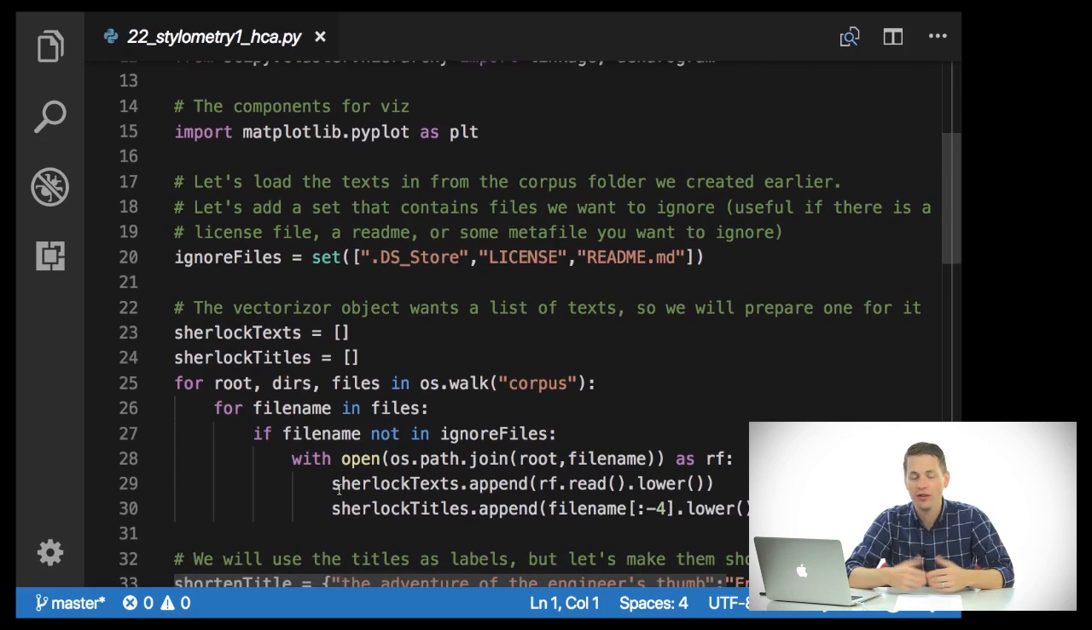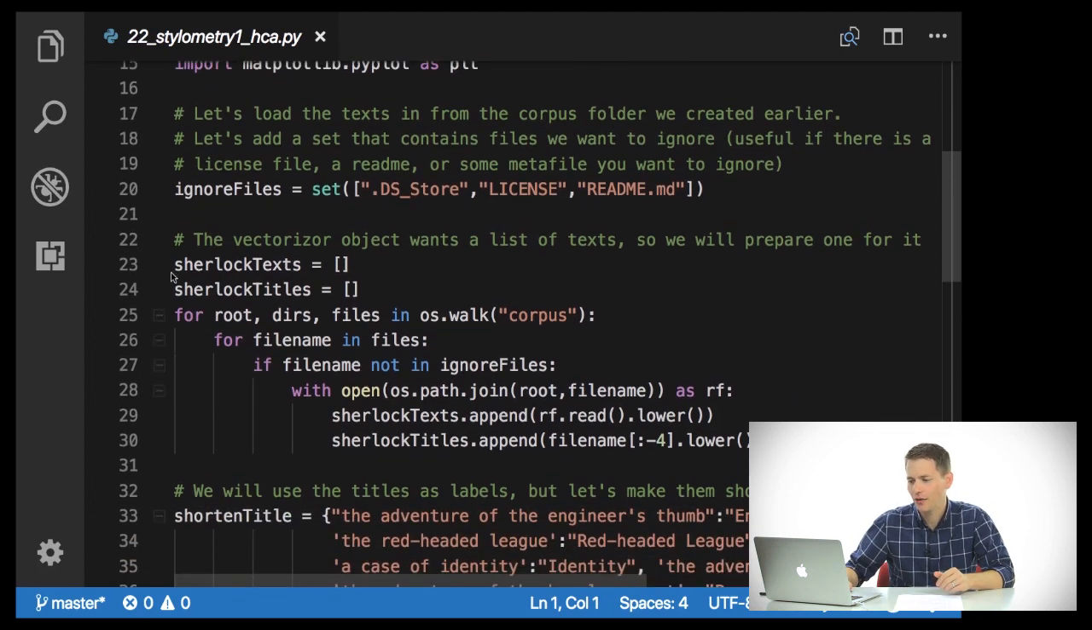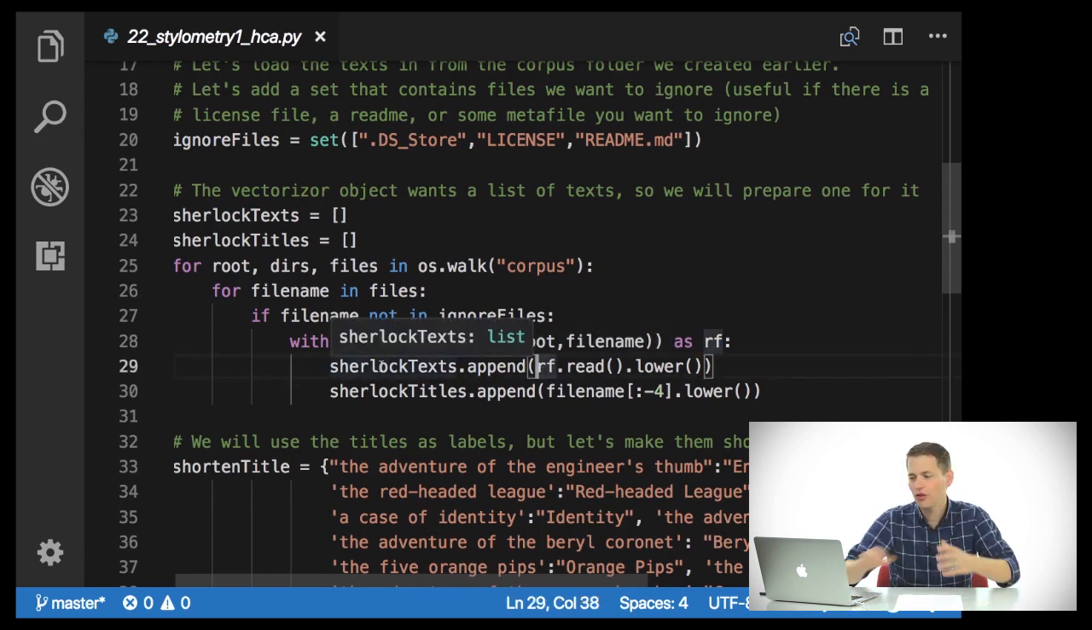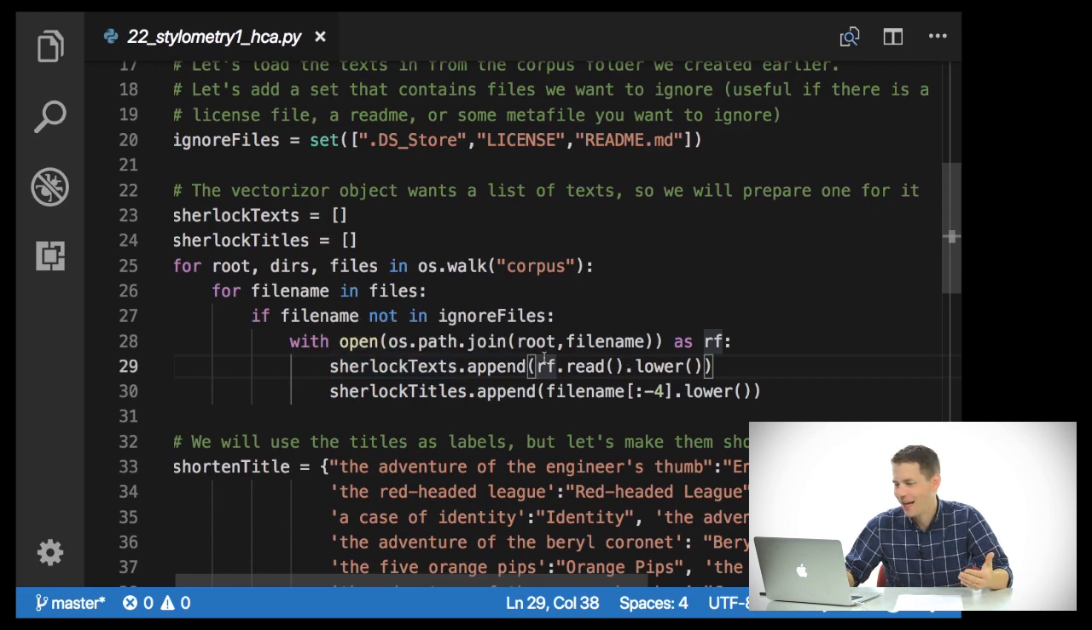So the vectorizer object wants a list of text, which we saw before, and we're going to prepare for this. Here on line 23, I am just creating an empty list for the texts and an empty list for the titles. And then what I'll do is go through all of the files in the corpus folder, and for every file name in files, checking if this file name is not in the ignore files, we'll go ahead and open that file as rf, which is, again, the variable name that's substituting for that file object. So what I'll do is say, to this Sherlock Holmes list, go ahead and append